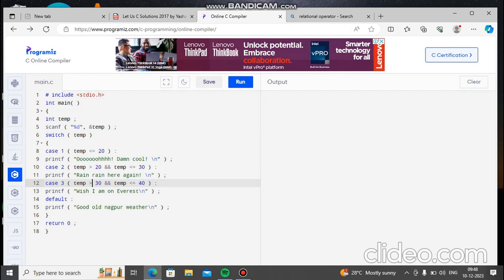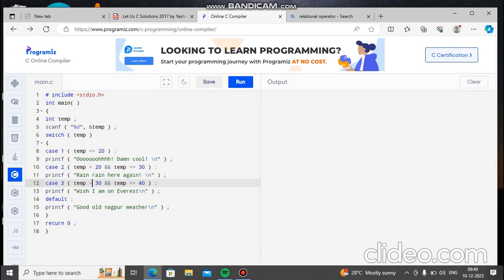If temp is lesser than 20 and temp is lesser than or equal to 30, it prints rain here again. If temp is greater than 30 and temp is lesser than or equal to 40, wish I am on Everest, or default